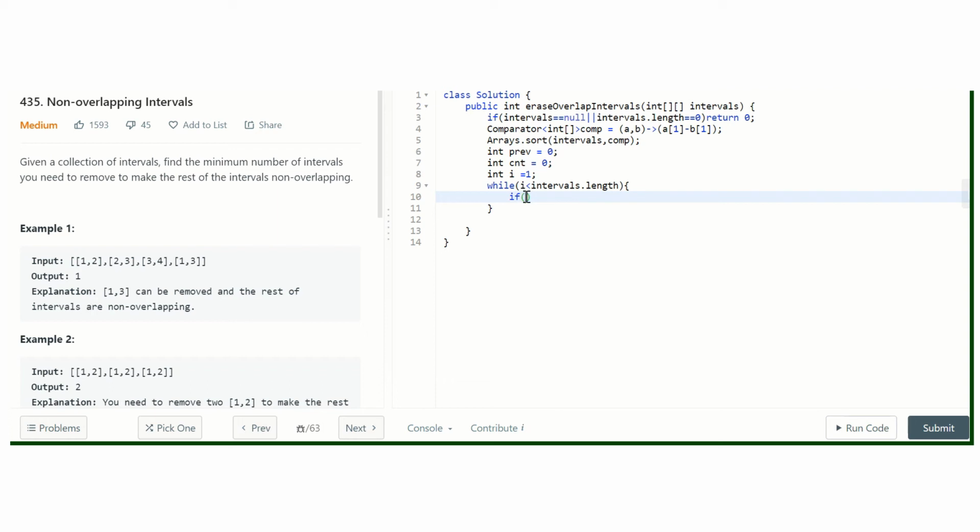So we'll check if intervals[previous][1] is greater than intervals[i][0], the starting of the next interval. Here we are checking whether the current interval is in intersection with the previous interval or not. If it is in the intersection with the previous interval, we'll check if it is completely overlapped or not. We'll check if intervals[previous][1]